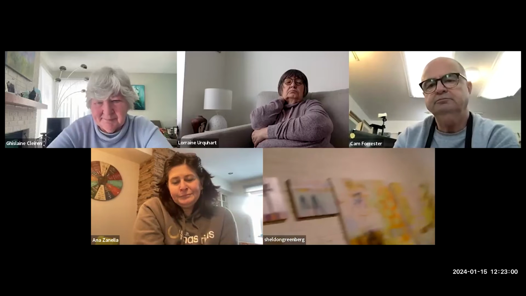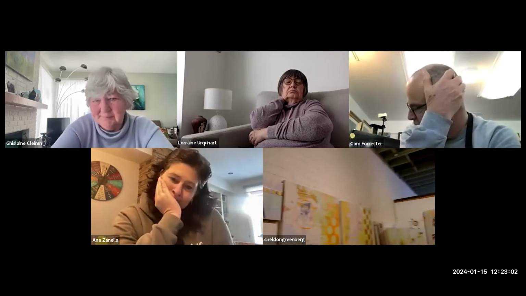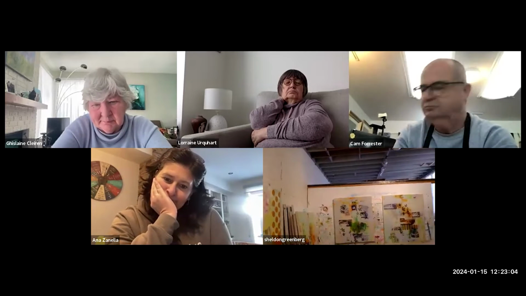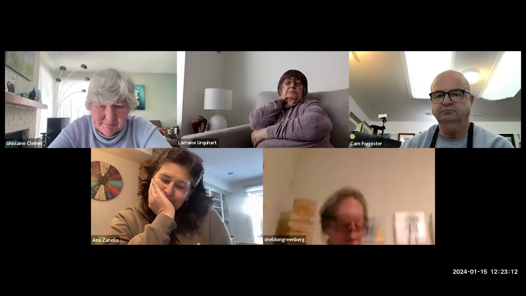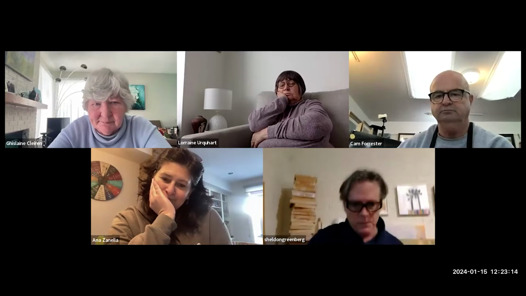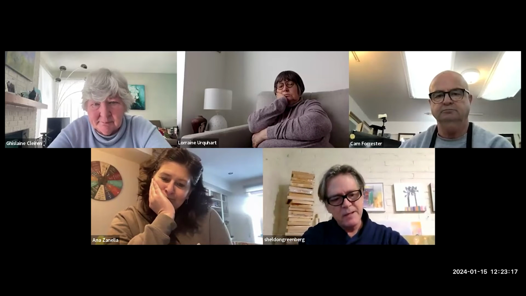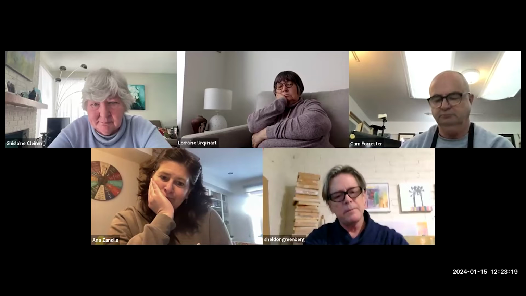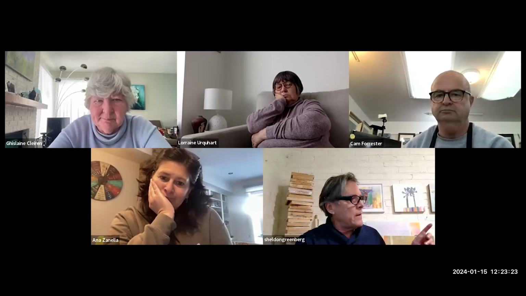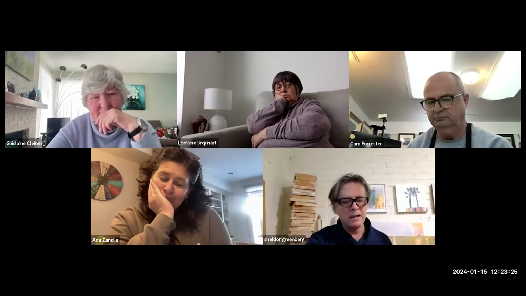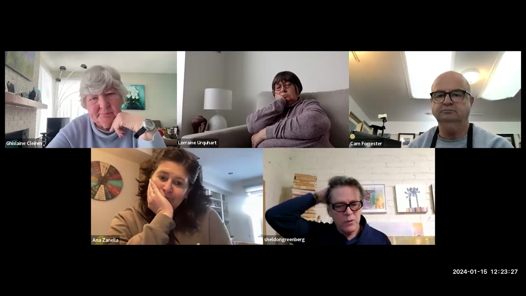This is a section of my studio, and these are the works I'm working on. The ones on the wall are the ones I'm working on right now, and then the table there, that's where I make my screen prints. So everything is painted. I use acrylic paint for most of these pieces. And the reason why I do that is because I love to paint in oil paint, but I can't.